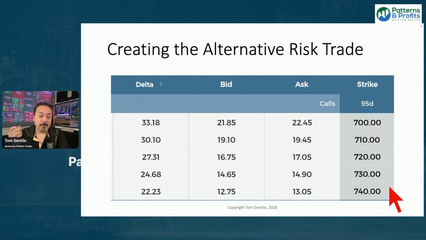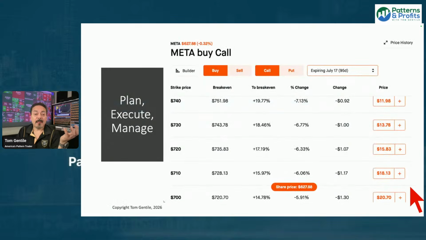So if I do that, what I did was I just looked at the seasonality and possibly more on the underlying security Meta. And now I'm creating that alternative risk trade. And if I finally like what I see and I go, okay, this might look good, then what's the final objective here, folks? The final objective is, if you spot the opportunity and you create that alternative risk plan using options, the final thing to do is plan, execute, manage.